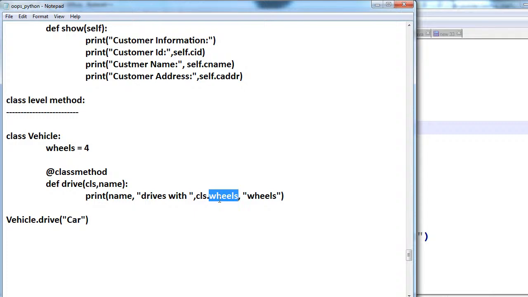Yes, and here I am accessing this wheels by using the cls variable. cls variable means this is the static variable. We can access a static variable inside a class method either by using the class name or by using the cls variable. Here, how am I accessing this static variable? By using the cls variable. Inside this method implementation, if you are using only static variables, without any instance variables,